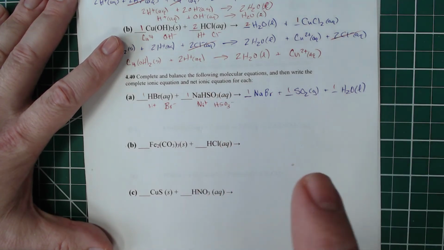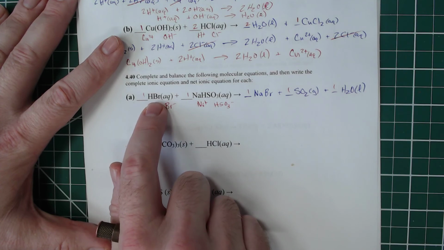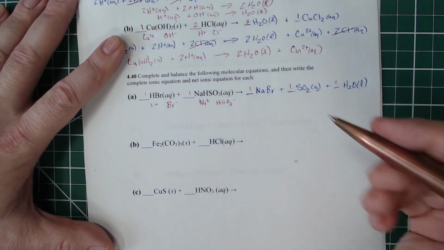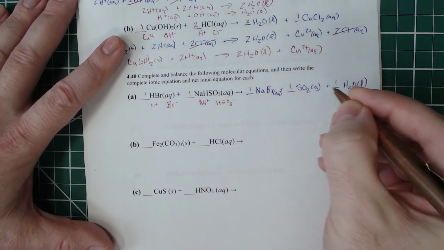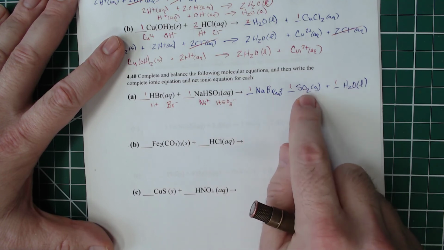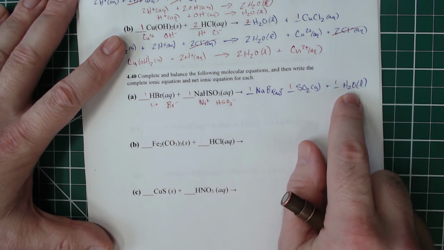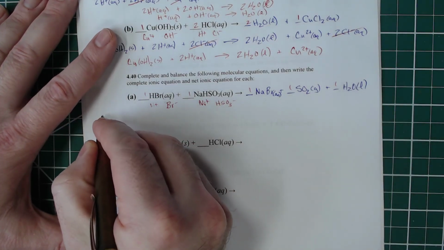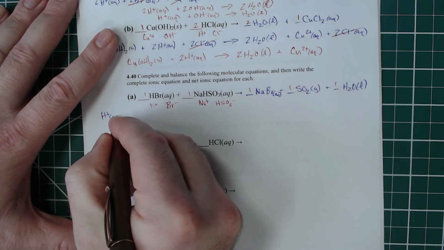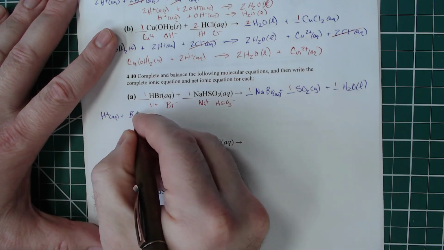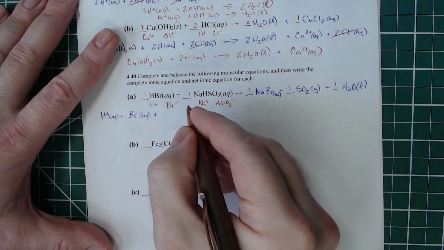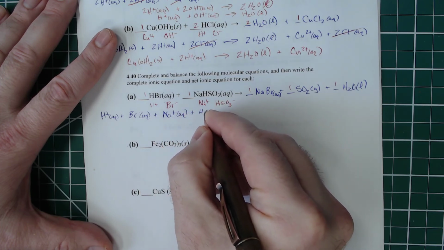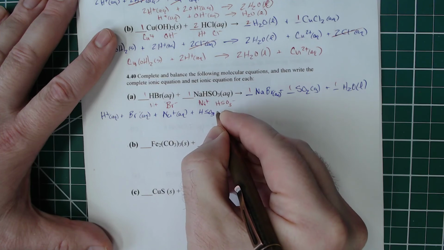Next, we want to determine what are strong electrolytes. Well, it's a strong acid. It's a soluble ionic compound. I forgot to put the AQ there. So AQ, that's a soluble ionic compound. This is a gas, so it isn't, and that is water, so it isn't. So we're going to dissociate all three strong electrolytes. We will get H plus, Br minus, plus sodium ion, plus the bisulfite, HSO3 minus.